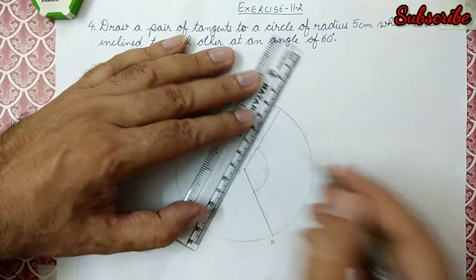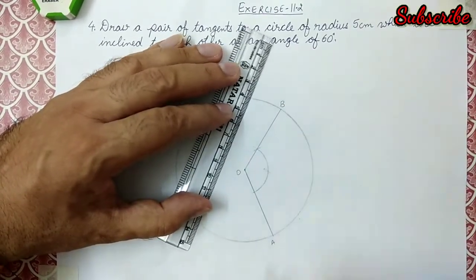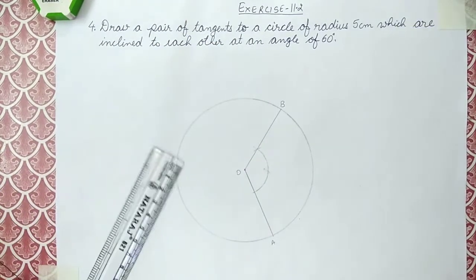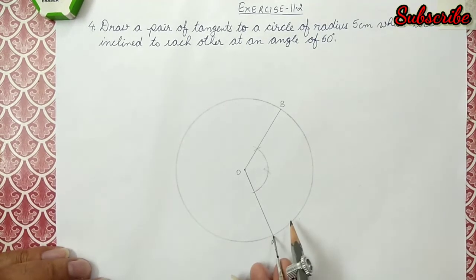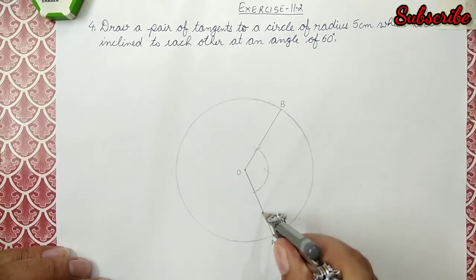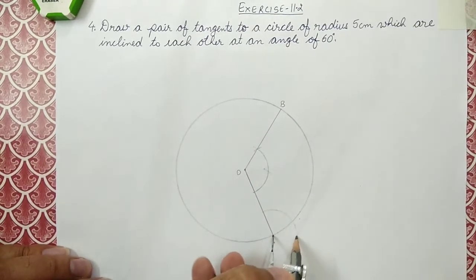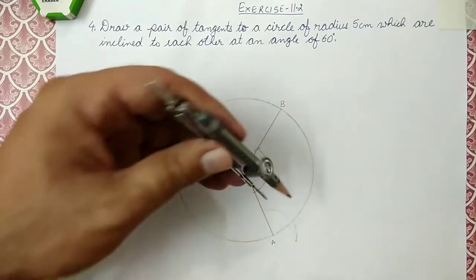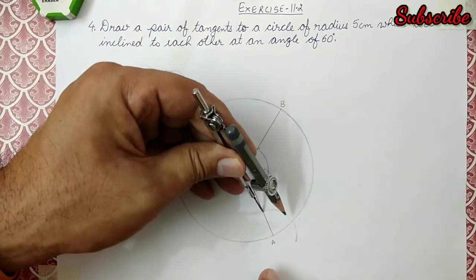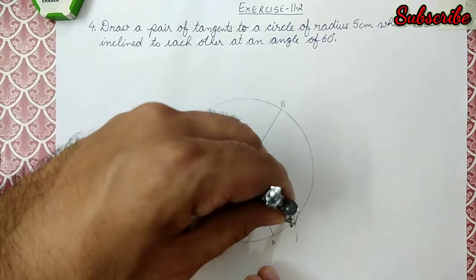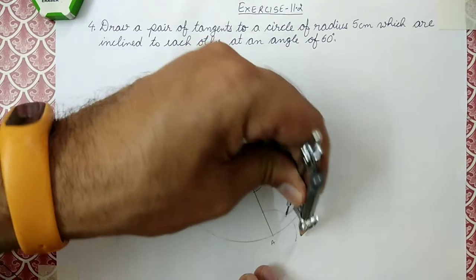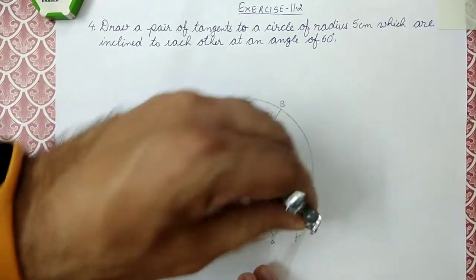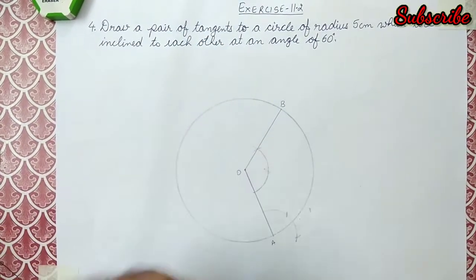So this is the point, and I mark this as B. Now from A and B, I have to draw angles of 90 degree. So how do we draw the angle of 90 degrees? I just keep the compass at this point, draw the arc here, and then I have to draw 2 arcs from this point, 1 arc from here, and then from here. I'm going to take the perpendicular bisector to make an angle of 90 degree.